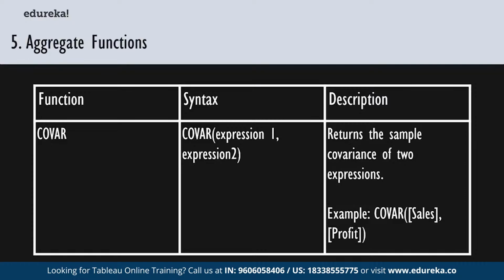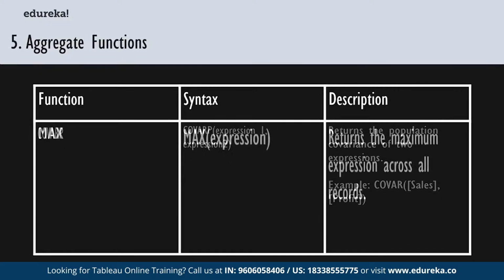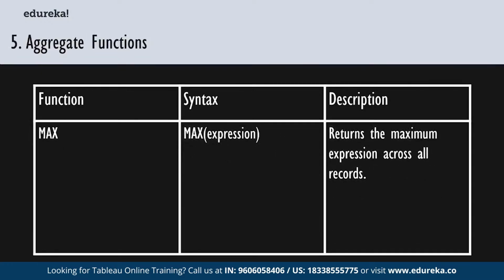Like we found out the correlation between sales and profit, we can also find out the covariance between sales and profit. Next, we have covariance of the population. It basically does the same thing as covariance, but this time of the entire population. Next, we have max, which we have tried thrice before. It returns the maximum expression across all